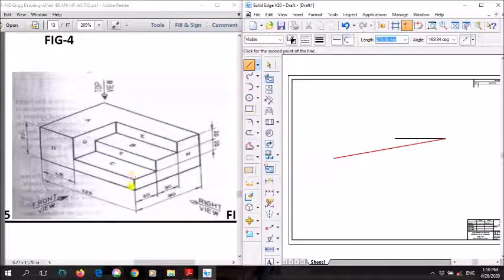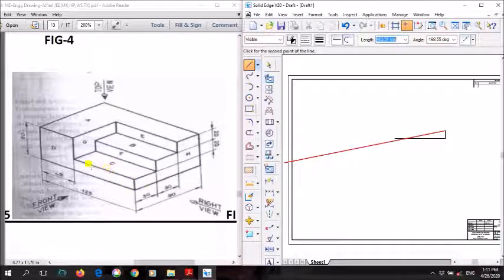Next, what is this height? How much have they given? You can see here they have shown the height: this is 20, this is 20, and similarly this is 20. Why? Because you can see the total height they have given on the left side, the yellow cursor. The total height they have given is 60 mm, and the two steps are shown as 20 and 20. The remaining will again be 20, so that you get 60 total height. So the height here, from here to here, is 20 mm.